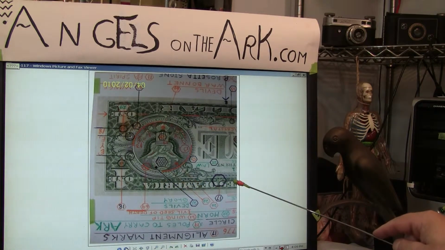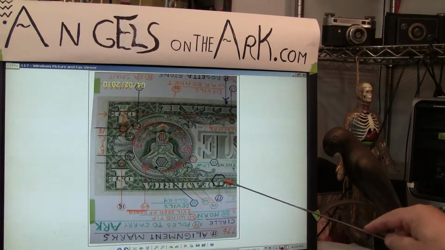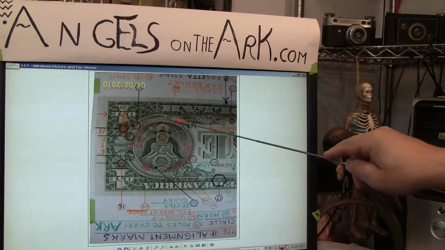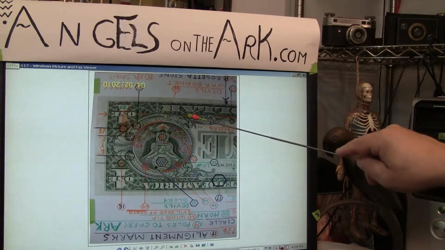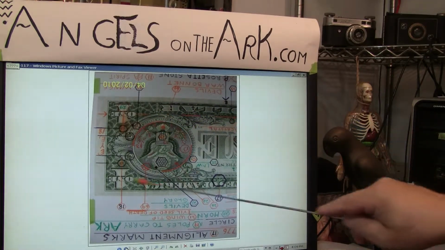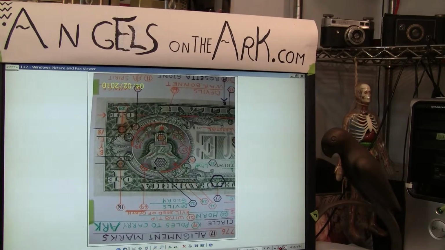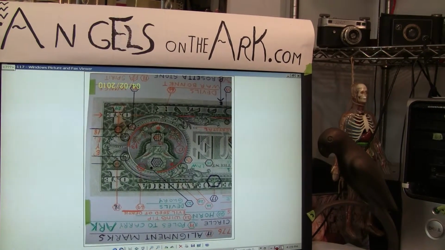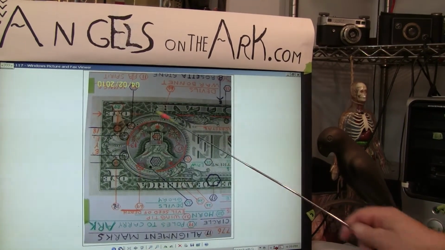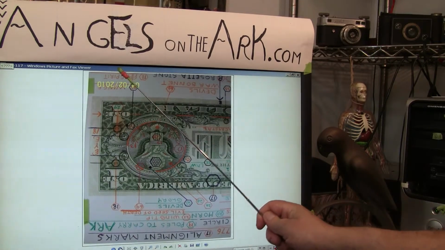There are 24 on the bottom, this is the top, 24 on the bottom. Here are 4, here are 4, here are 4, and it goes across. Those are alignment marks. Anybody who looks at this that is an architect or an engineer can surely discern that they are alignment marks, as are every single